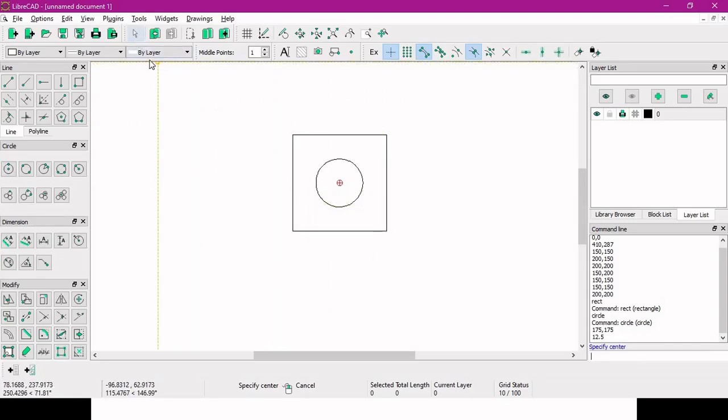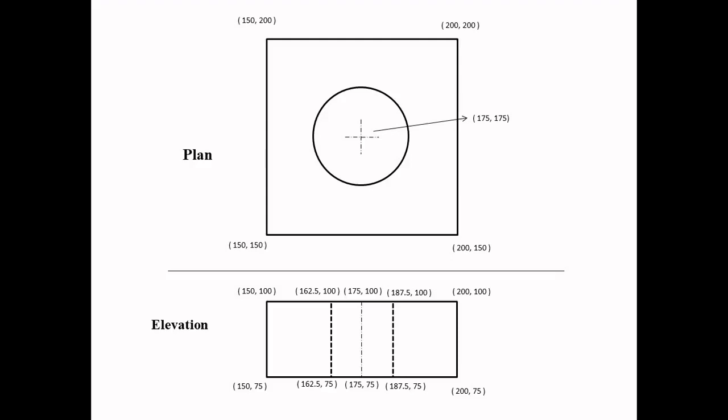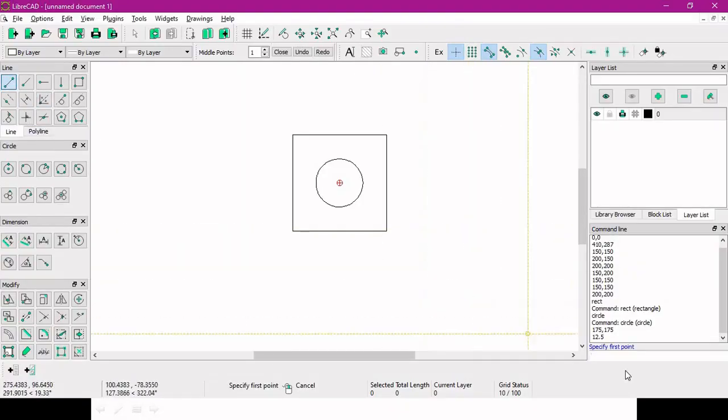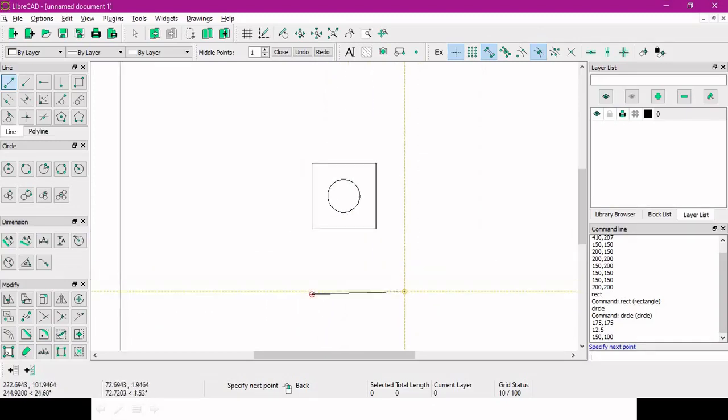Now let's go for the elevation. Let's see the coordinates. For the elevation, I will start from 150 by 100. So let's do it. It's 150 by 100. Next we can take the line, and specify the first corner, 150 and 100. We got this point.